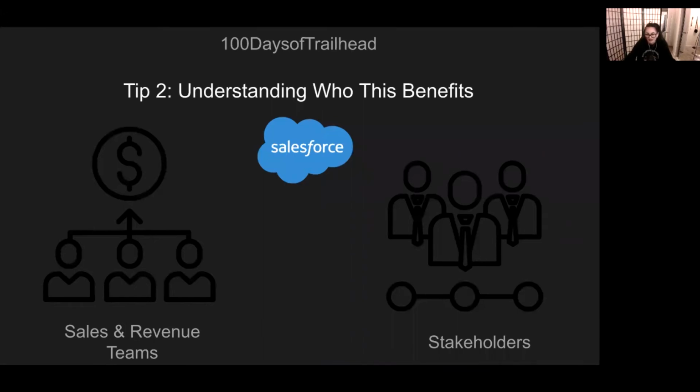My second tip when installing CPQ into your org is understanding who this benefits. Multiple departments in your organization are going to be engaging with the feature. So it's really important to decipher what benefits come from those departments' engagements. For example, your revenue and sales team are definitely going to be engaging with the opportunities, products, quotes, and contracts. So identifying those areas of use as benefits will help you figure out the best architecting for configuration to meet